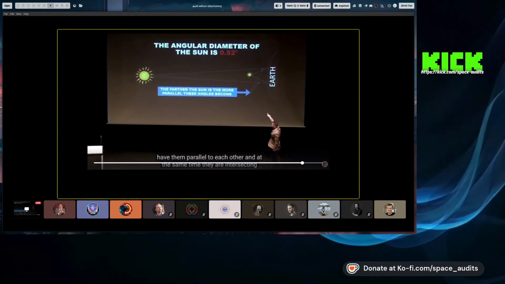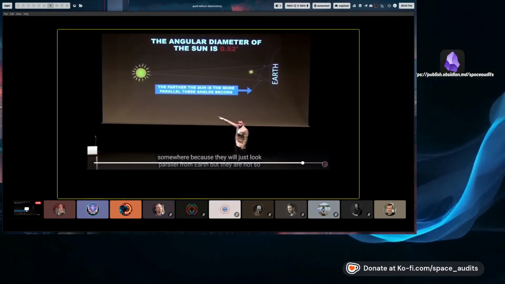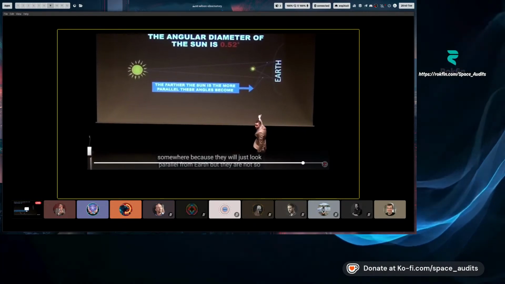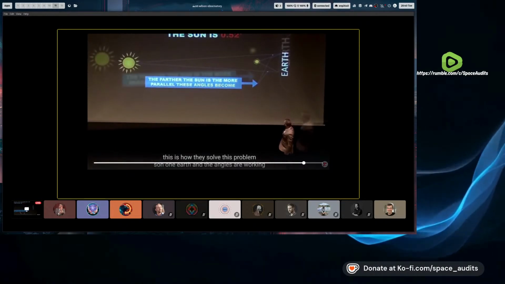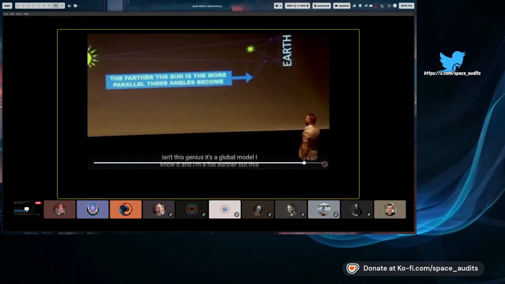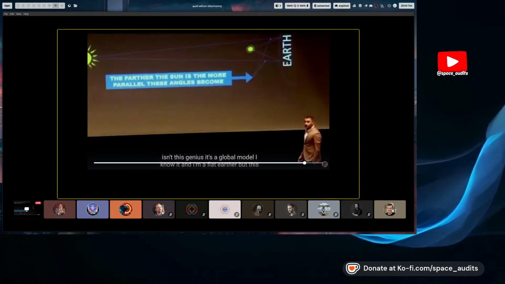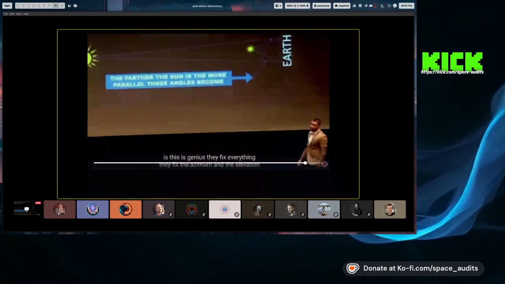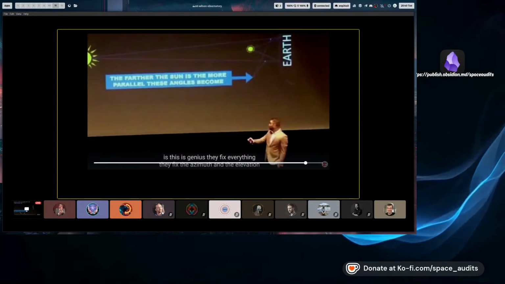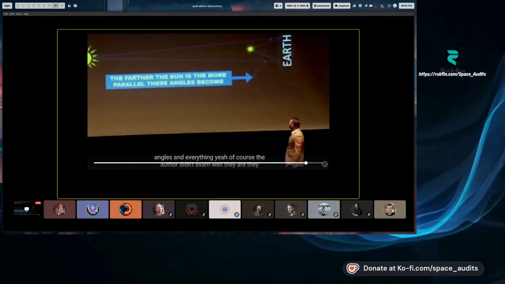You have them parallel to each other, and at the same time they are intersecting somewhere, because they will just look parallel from Earth, but they are not. So this is how they solve this problem: one sun, one Earth, and the angles are working. Isn't this genius? It's a globe model, I know it, and I'm a flat earther, but this is genius. They fix everything. They fix the azimuth and the elevation angles and everything. They basically trick